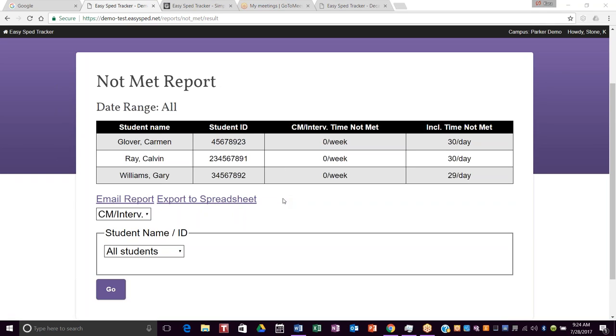And again, I log time for student, or don't log time. I log when students are absent, and I zero those times out. That way, if I look at my not met report and I see, well, on Friday, Carmen, I didn't meet any time for her, I'll go back and look. And if I see that she's been absent 5 days with the flu, I have that logged in my time data. So it saves me from having to go back and figure out why I didn't meet time with her,